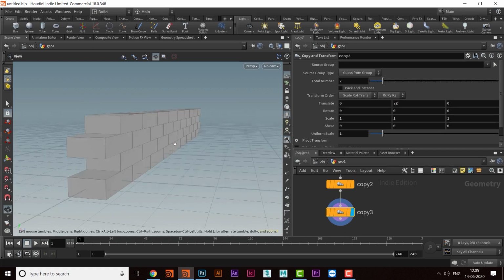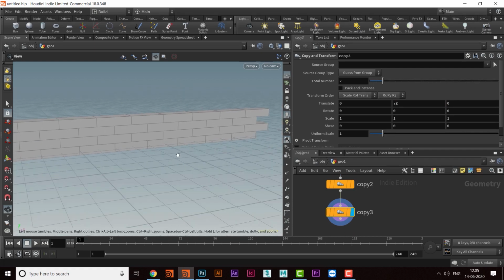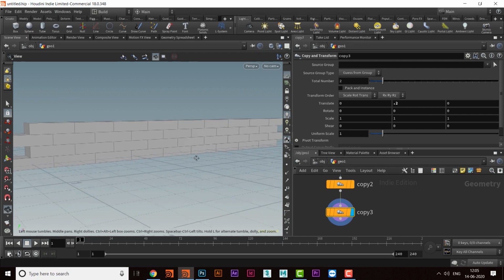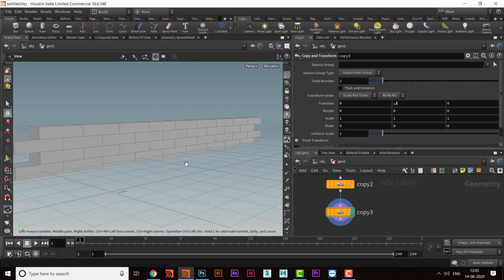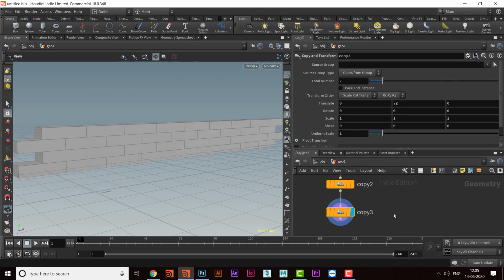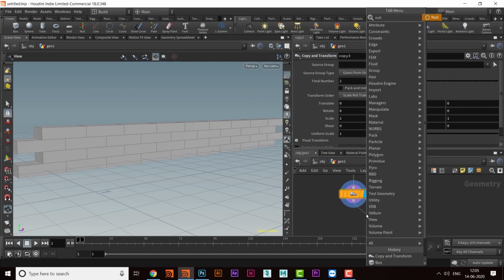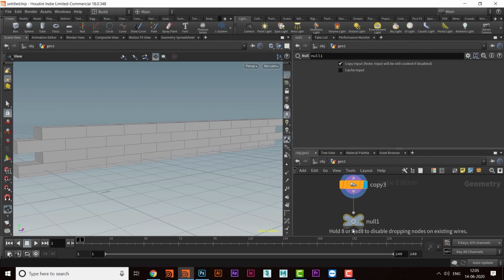Okay, and now we have got something of a wall kind of thing. And then we'll take the null, and that is out wall.